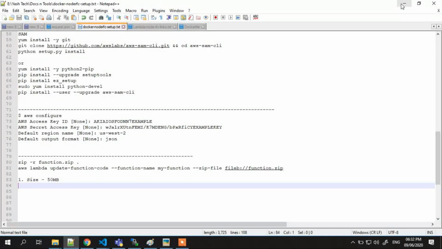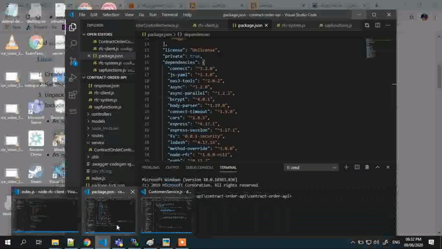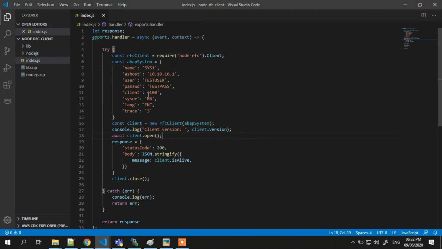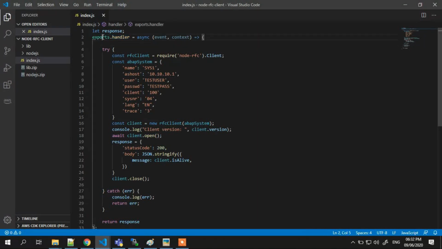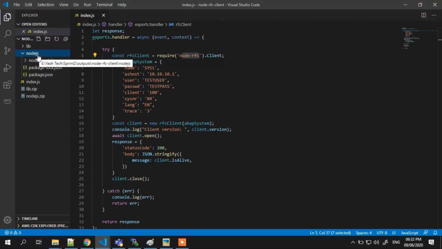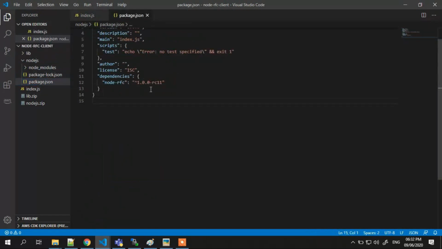So what I did was, this is the code. I created an index.js file, and this is a simple Lambda code. As you can see, a handler with an event and a context, and I use this node-rfc node module. This node module I'm getting from a layer. So this is my layer. I created a nodejs folder, and inside it a package.json.